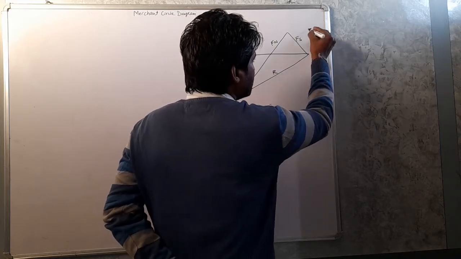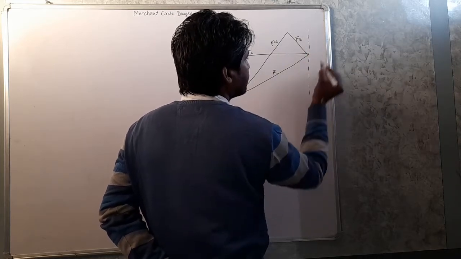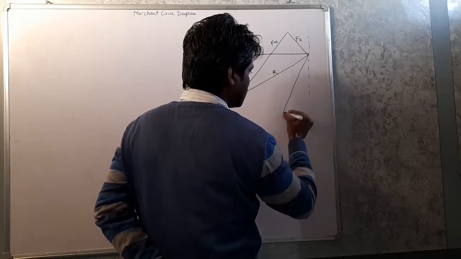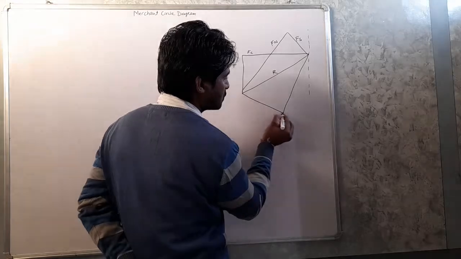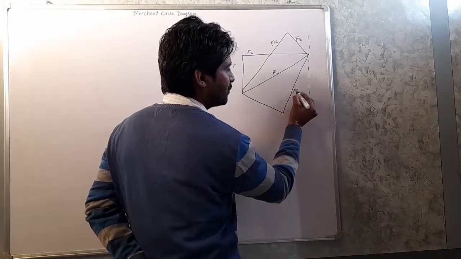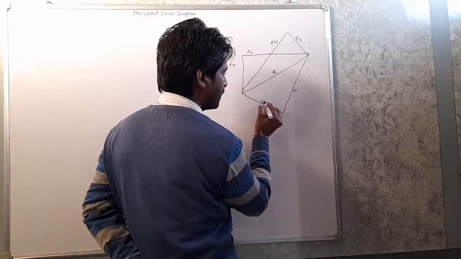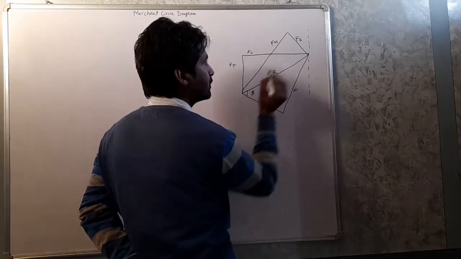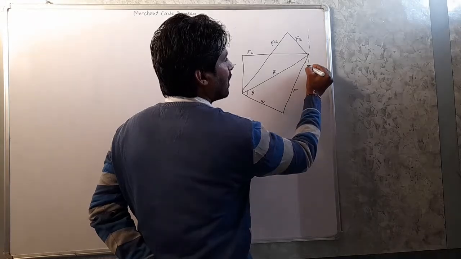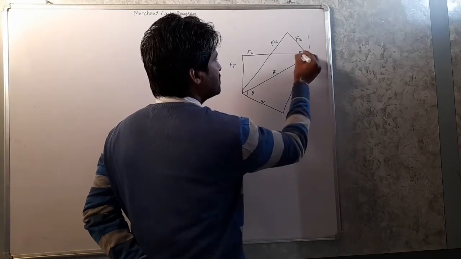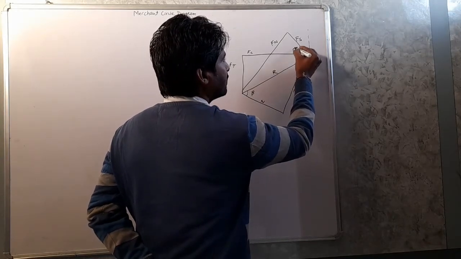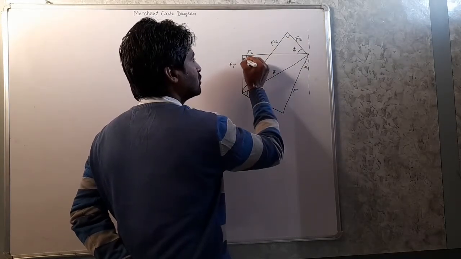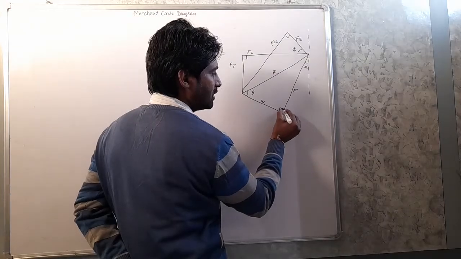And this is a vertical line. This is the friction force, and this is normal to friction force. Next, friction force F and normal to friction force N. This is the friction angle beta. This is the rake angle alpha, and this is the shear angle phi. This is 90 degree, this is also 90 degree, and this is 90 degree.